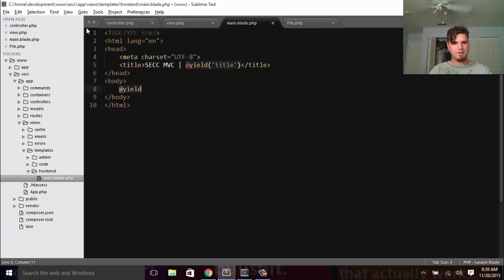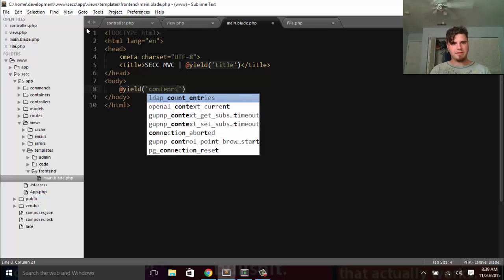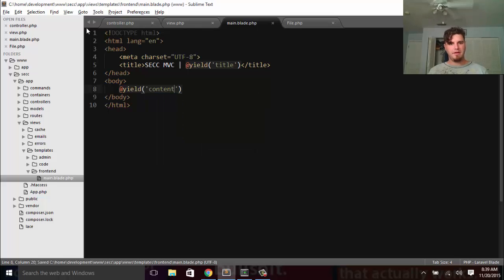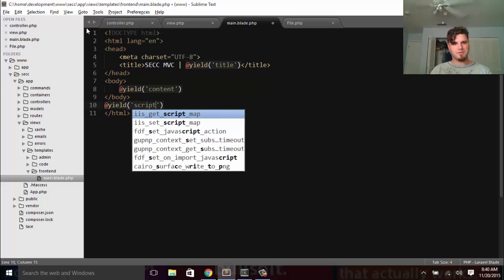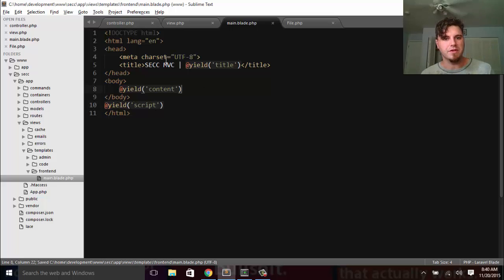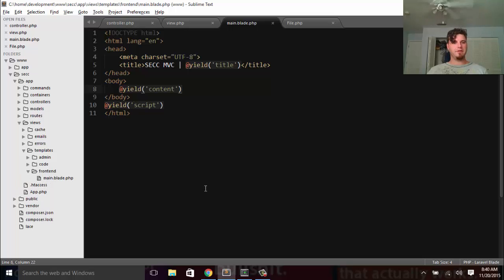And so we'll yield our content here, and I'll also yield some script area down here as well, so that way everything is going to line up perfectly. So I'm not really going to do anything else with views right now. We'll go into that a little bit later, but this is the file that I want every other view to extend. So now we can see that it actually put that view within front end,